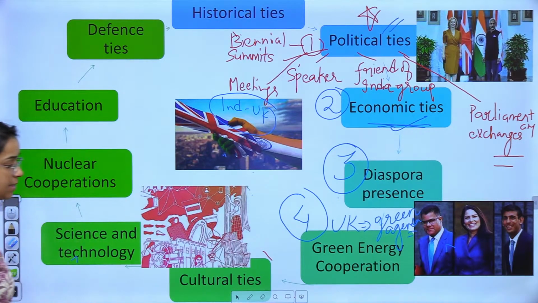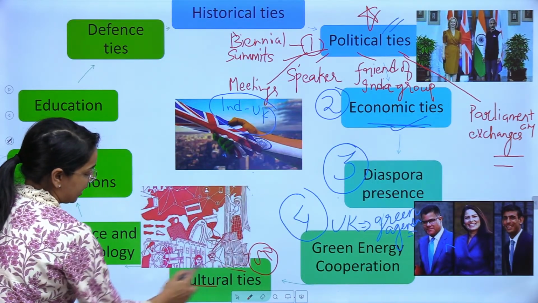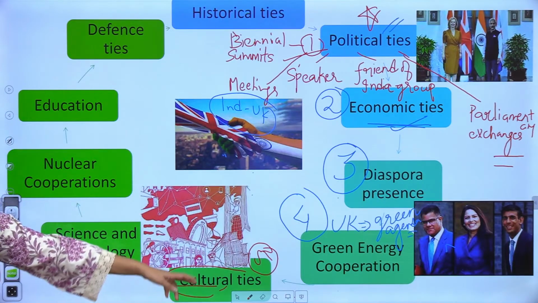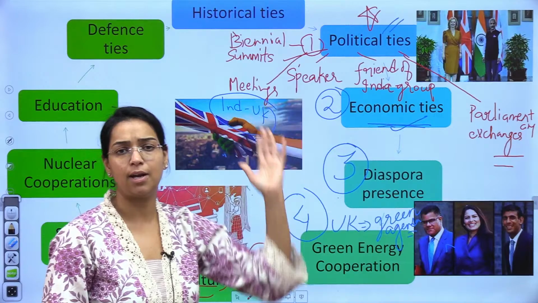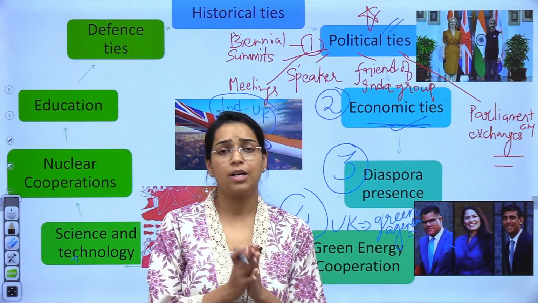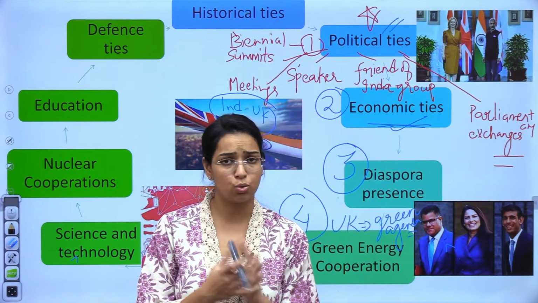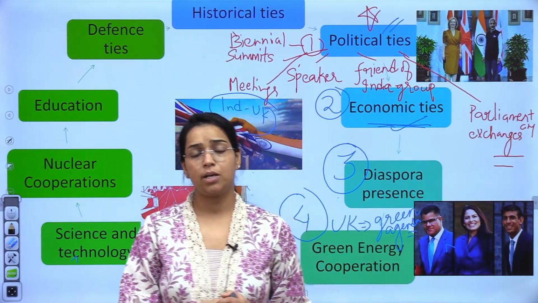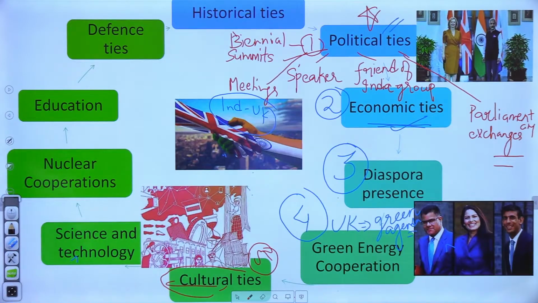Now the next important area of the bilateral tie is the cultural ties. Again, as I have told you, both the countries have a long historical past. 200 साल तक ब्रिटिश ने इंडिया में राज किया था. So now cultural historical links are very strong between the two countries, as you can see, right? And in the current era also, efforts are made so that both the countries are able to take their cultural